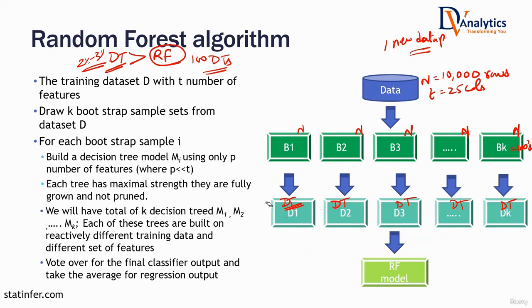Then people started investigating. In the investigation, this was found. What was found? This is a bag. This is a bootstrap sample where some records are repeated and some records are ignored. But in terms of information, it carries the complete information about the data. The records that are ignored maybe are not that valuable. That means every row is not a piece of information for you. Yes or no? Customer 1 whose age is 75, customer 2 whose age is also 75. These are two data points, but are there two different patterns for the model? We cannot say that every data point is coming up with a new pattern, isn't it?